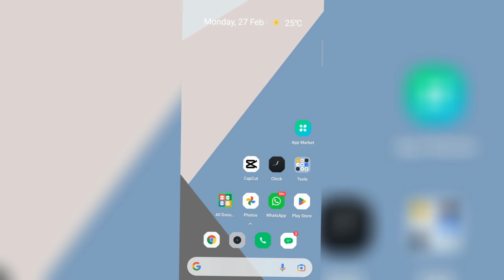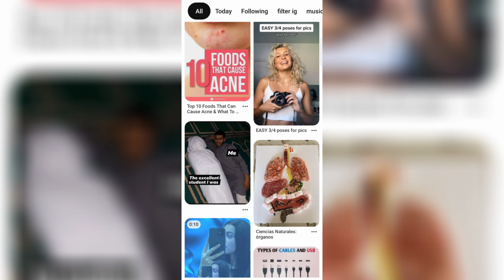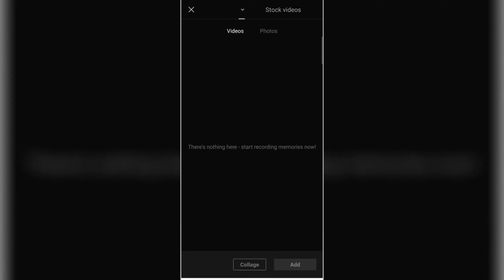To do this trend, first open Pinterest, refresh your feed, and download the first four photos. After downloading your photos, open any editing application you have, such as CapCut. Now go to New Project, and then add any first photo and then add the first four photos you have